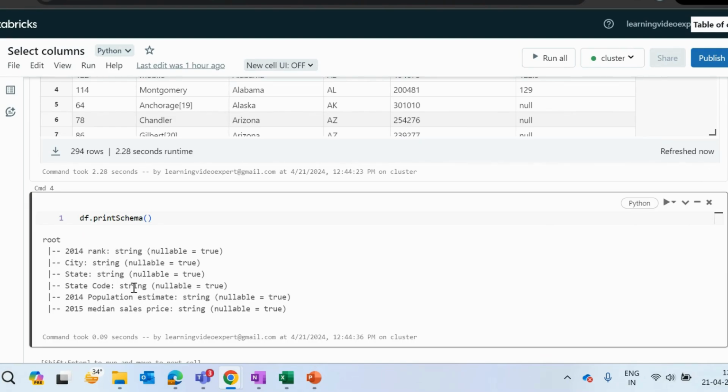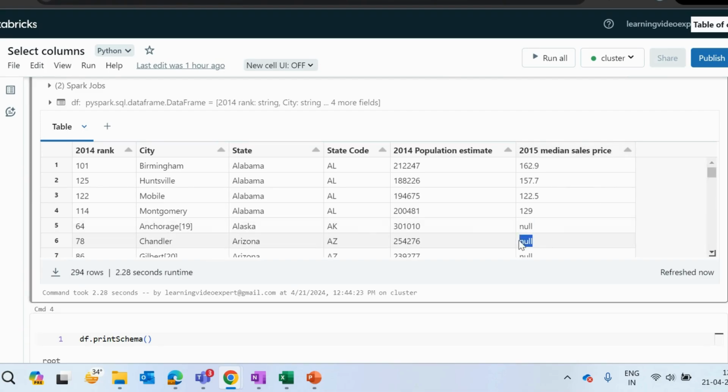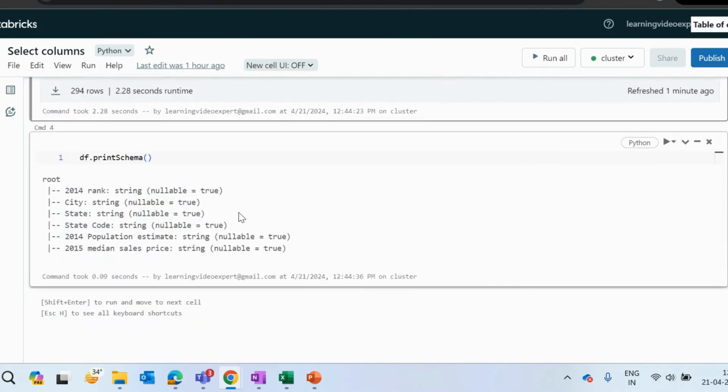All of them have been assigned the string data type. And nullable is true. It means if the data is not known, it will assign the value as null. So if you look at the 2015 median sales price, we have some null values. If nullable is true, it will allow the data to be imported as null. Otherwise, it will not give you that result. Therefore, we are mentioning nullable equal to true for the columns.